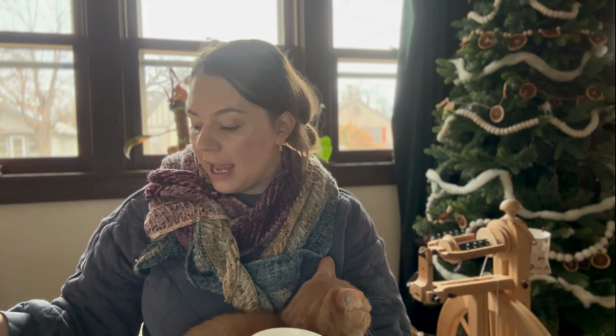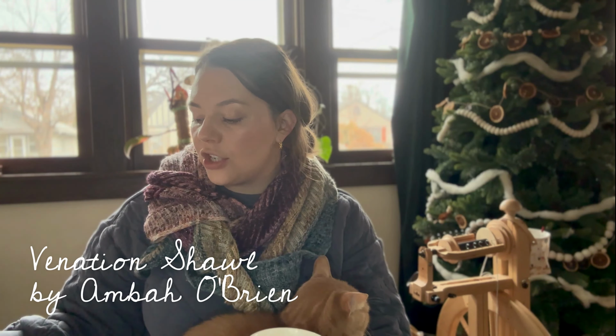I do have an honorable mention, and this is a pattern I think I might have talked about before. A lot of you know I got a Halloween countdown from Silly Goose Yarns, the Coraline one, and that one was 13. They are brightly colored, or some darks, some moodies, but then some pops of color. And they weren't in fade order, but I rearranged it so that it does look a little bit more like a natural flow. And so that one is eventually going to be made into a Venation Shawl,